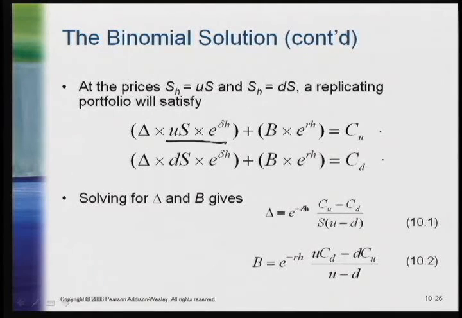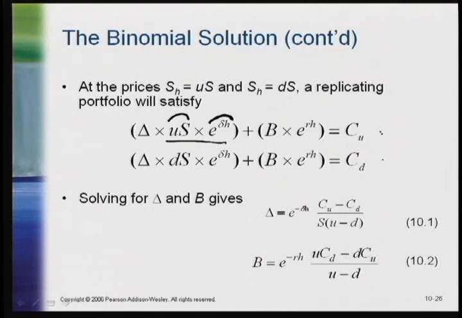Per share prices go up by u, but then we have this factor that reflects the additional shares we bought with dividends. So when the initial stock price goes from S to uS times e to the delta h, it's important to recognize there are two things going on here. One is we have price appreciation per share, and then we have extra shares purchased with dividends. So this total position must be equal to the exercise value of the option in the upstate